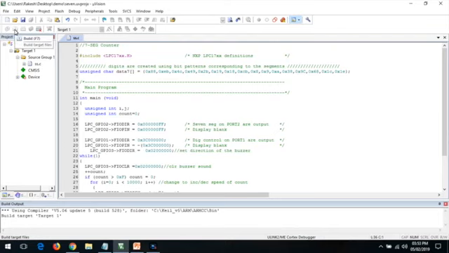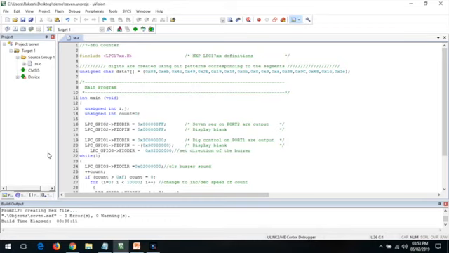Click on the build icon, wait for the process to finish. So you can see 0 errors, 0 warnings, and what is the time elapsed. After this, rebuild the file.